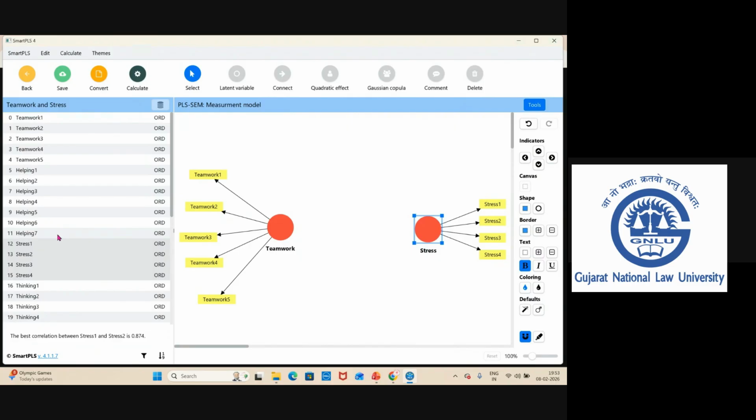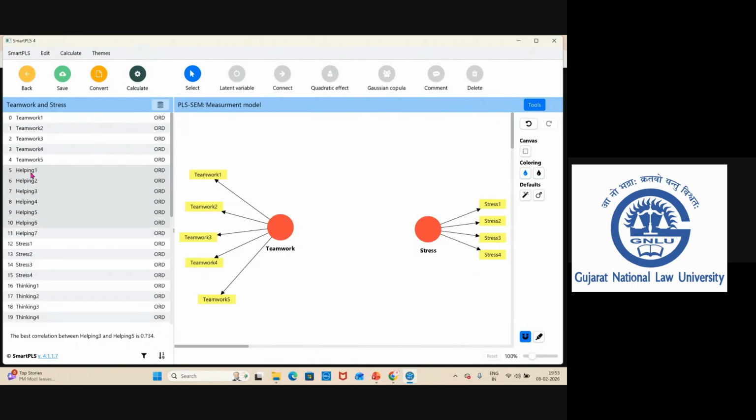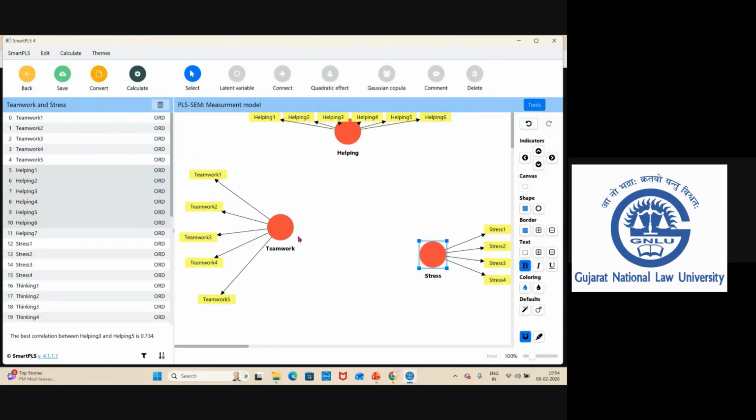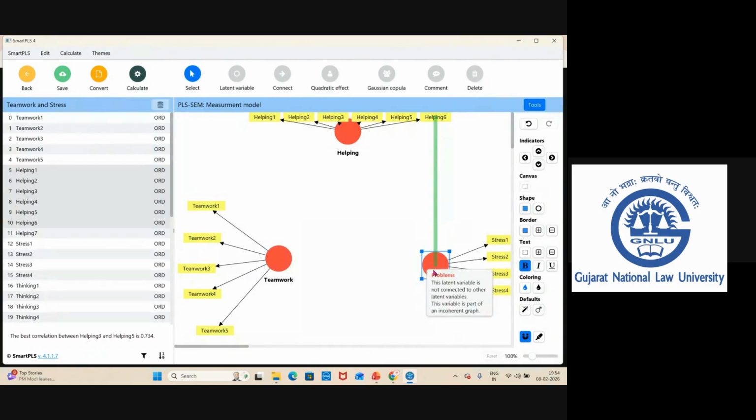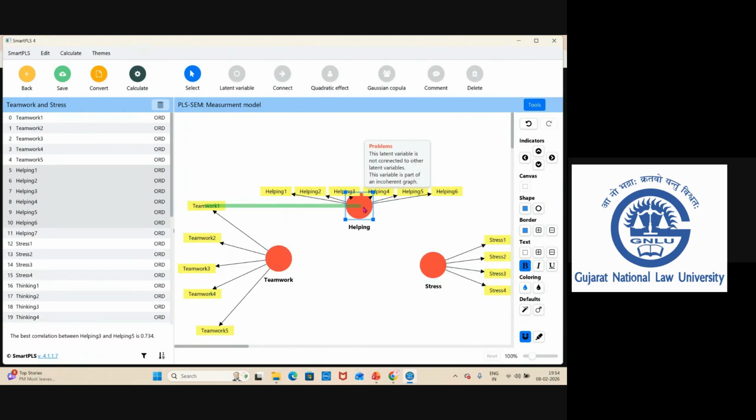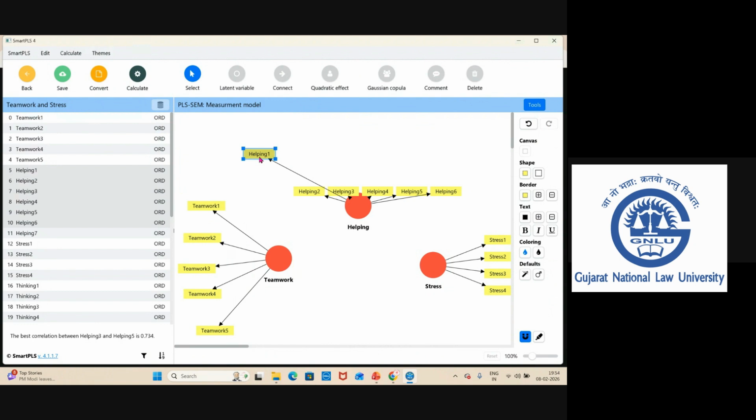Okay. Now, next one we have helping behavior. Right now, I'm just looking at it as a construct. Okay. So I'm just dragging and dropping here. Helping behavior we have. Let me put it down. Just you can organize your data. I believe some of you might be practicing it, if you have something new to this, how to arrange it. Okay. Now,